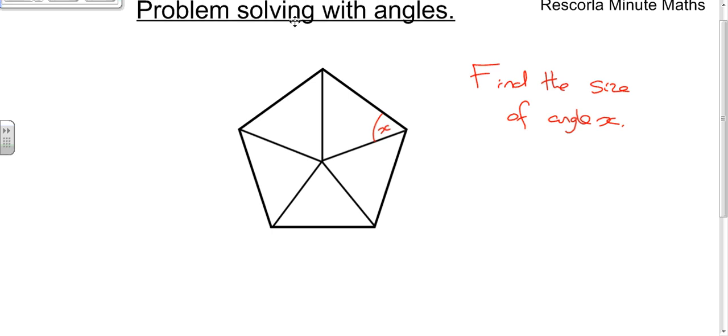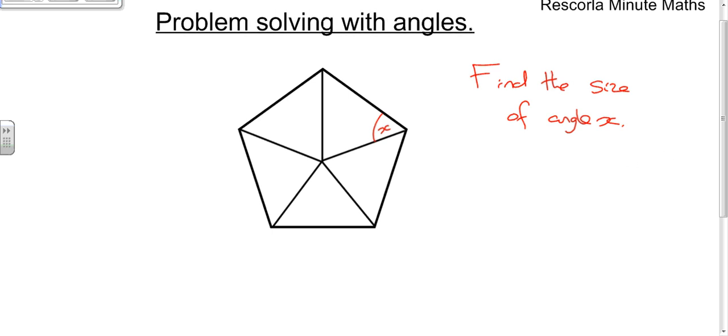Okay, today's video is all about problem solving with angles. Now, this question is kind of a common question that you could get asked. Now, with the new GCSE, there's going to be very much problem solving aspects on most of the questions. So, if we have a look at this here, it looks almost like an equilateral triangle, but we can't assume